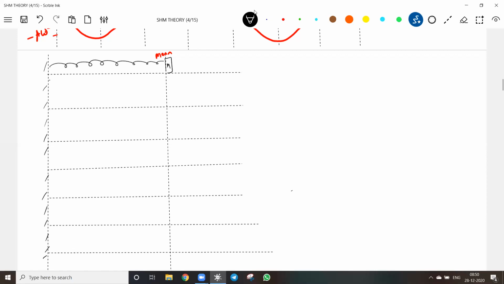I'll give velocity to this at the mean position. I'll give some push. Sir, how to give a push? Go back, impulse, you know impulse. So can I apply some impulse? Yes, I'll apply some impulse to the block. So it will start accelerating. So when it comes to this position,